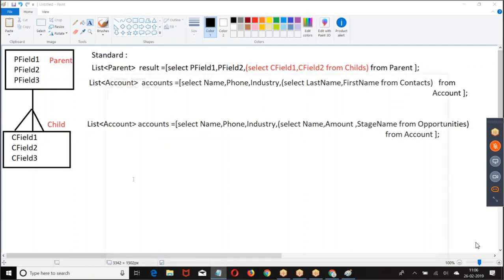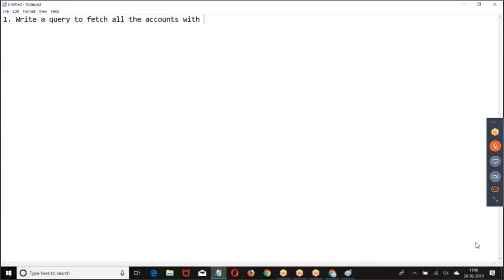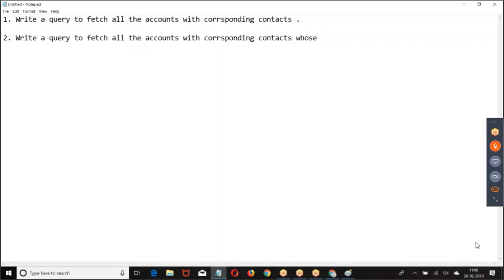Write a SQL query to fetch all the accounts with the corresponding contacts. Write a query to fetch all the accounts with corresponding contacts whose phone is given.